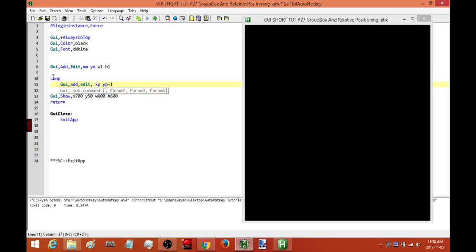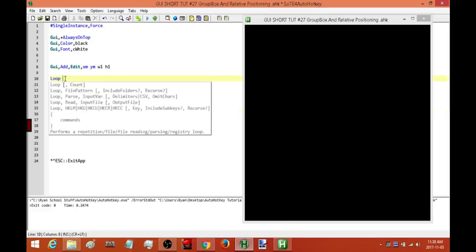And I'll take the width and add 1 to its value, and the height we'll just leave at 1, because otherwise we'd have to add another variable in. Alright, so if I loop this, let's say 25 times,